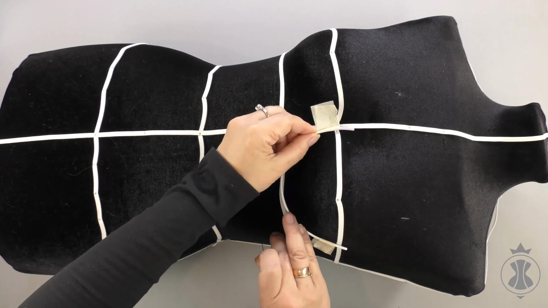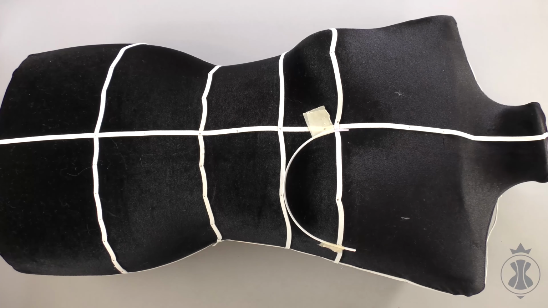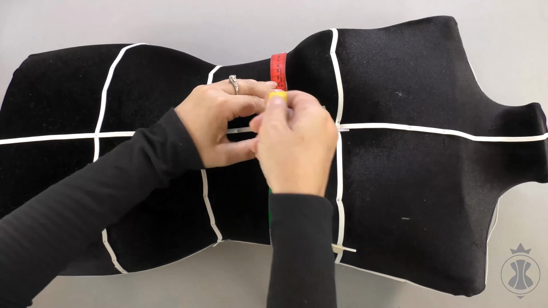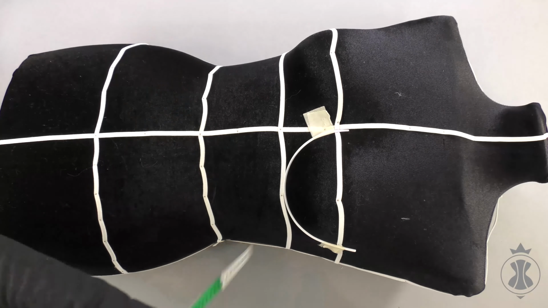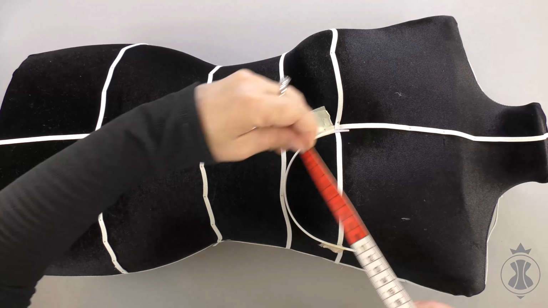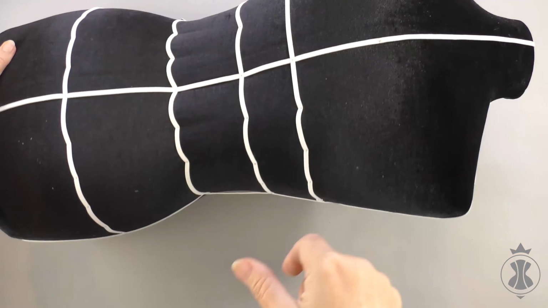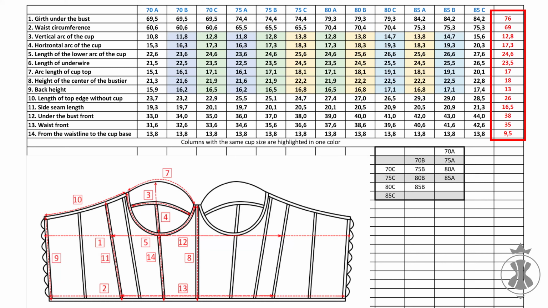So I want to discuss another, more instructive example. My dress form will be a retail mannequin, the measurements of which are different from the default pattern of the bustier. I am attaching a suitable underwire under the bust, taking all the required measurements, writing them into the table, and starting to compare with the standard pattern measurements.